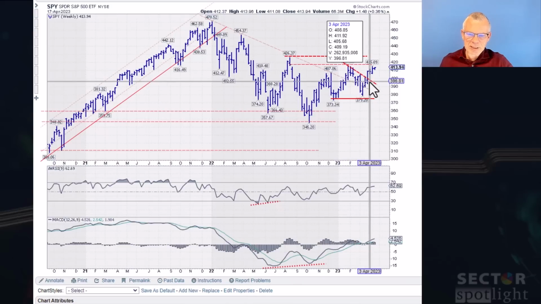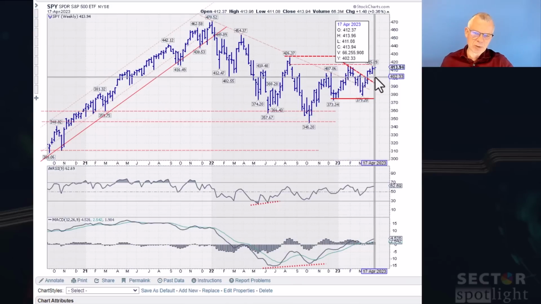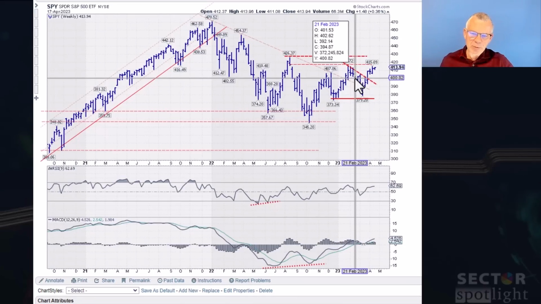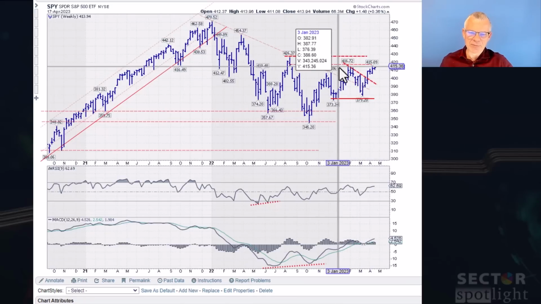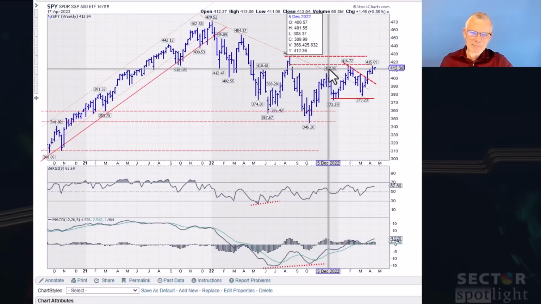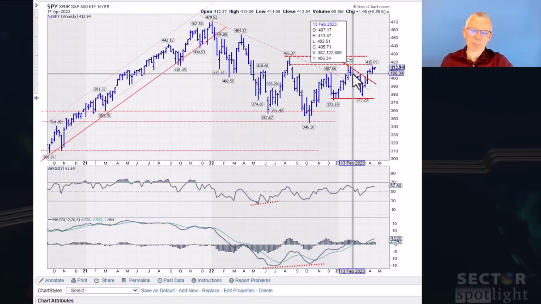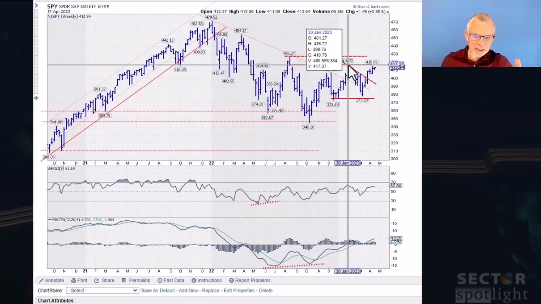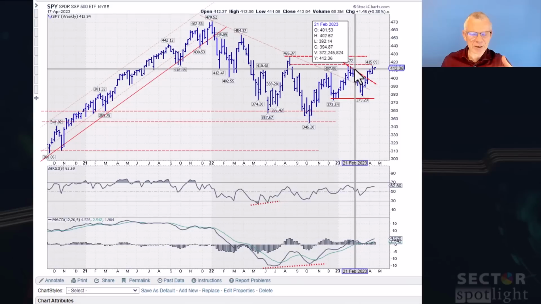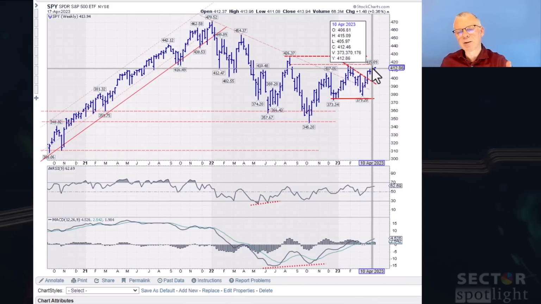And then we touched it again last week. And this is obviously only 1 day of trading, but we're challenging that 415, 416 range. And if we can take that out, then the next target is 426. But when that happens, we've already taken out the previous high here, which kind of confirms that uptrend on the